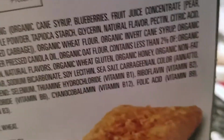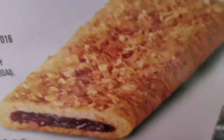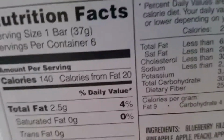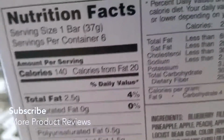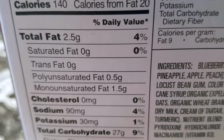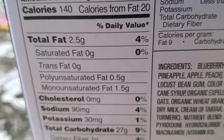And then on the back here, we have a little bit more about the nutrition facts. This shows you what it looks like inside the wrapper. The nutrition facts, serving size is 1 bar, 37 grams, servings per container 6. Calories 140, calories from fat 20, total fat 2.5 grams, saturated fat 0 grams, trans fat 0 grams, polyunsaturated fat